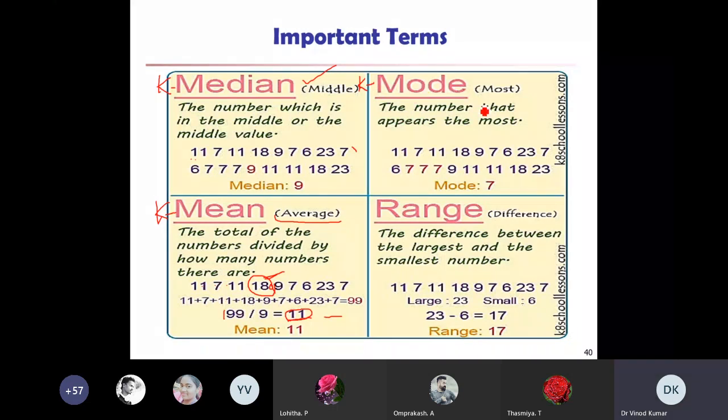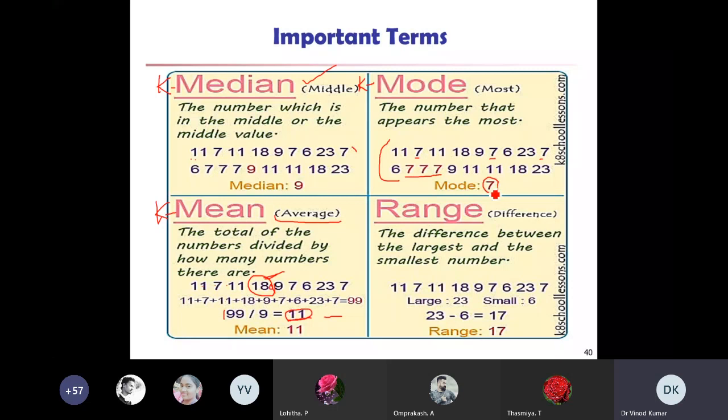Mode is also a statistical term: the number that appears the most in the data set. Which number is coming again and again here? You can see 7 here, 7 here, 7 here again. 7 came 7 times. So what is the mode for this data? This is 7.